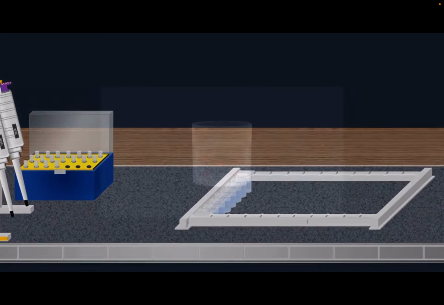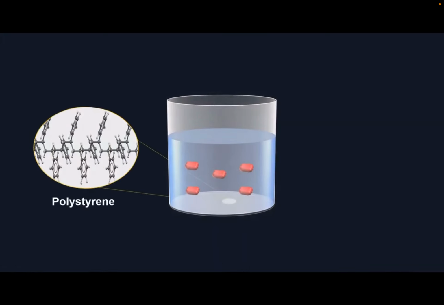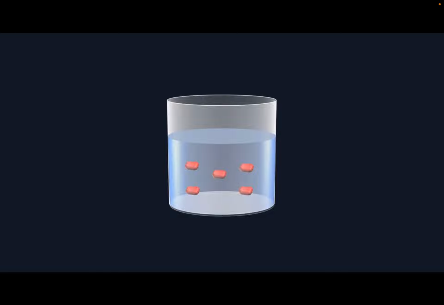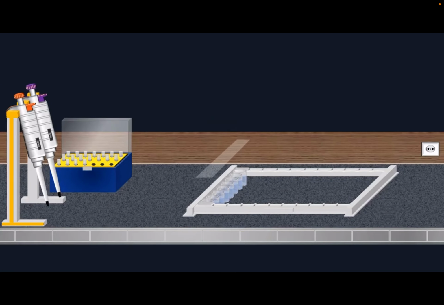In ELISA, the most commonly used material, as the solid phase, is polystyrene. The antigen is immobilized onto the polystyrene surface. Next, the adhesive plastic is